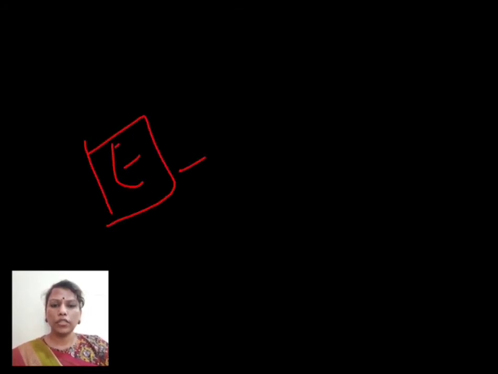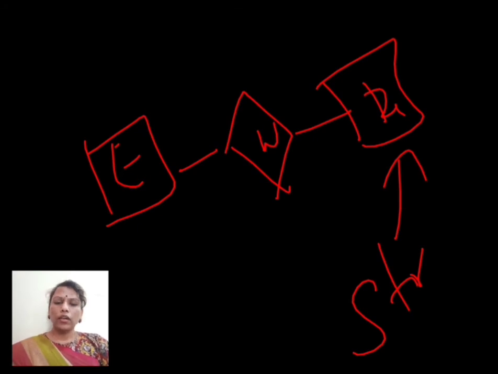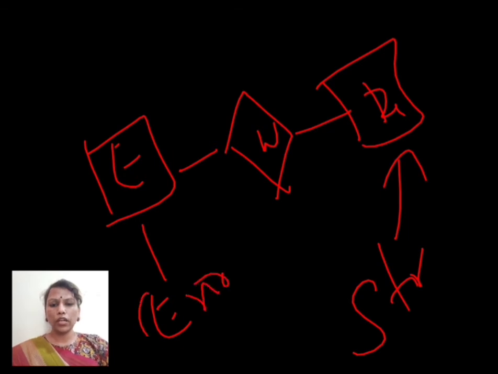Whereas see here, in the same relationship, employee works for department. Department is a strong entity because even though employee does not exist, department exists. Okay, and here let's talk about the employee, whether employee is a strong entity or weak entity. Think. See here, employee has a key attribute, employee number, in order to identify each employee uniquely, right?